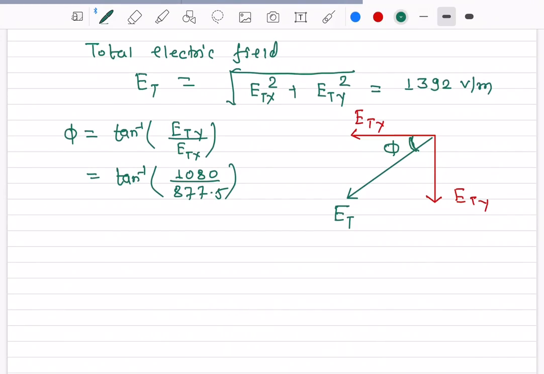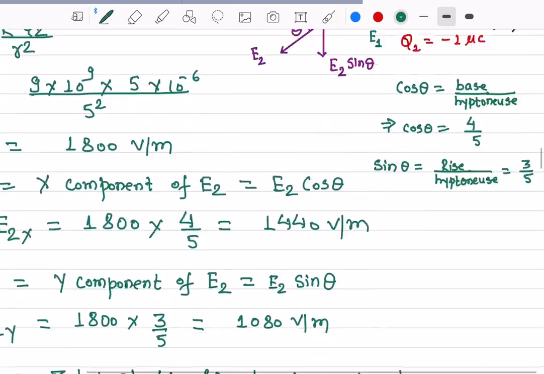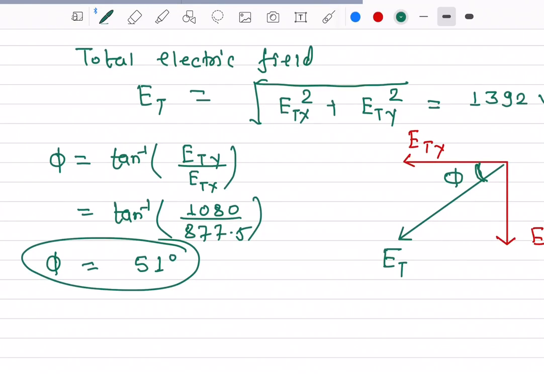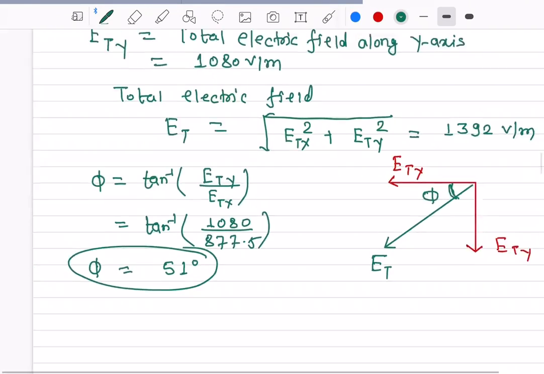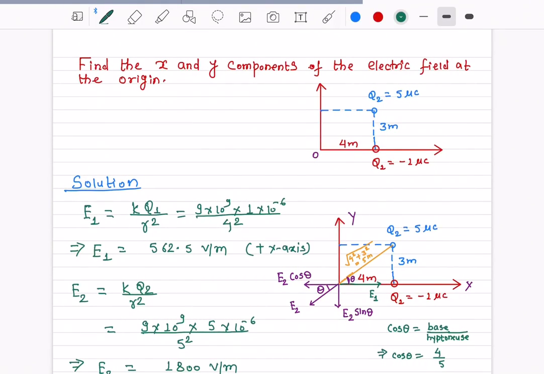Let me plug into my calculator and see what I get. 1080 divided by 877.5 and shift tangent inverse. The angle I got is phi is 51 degree. That means the resultant electric field will be at a 51 degree angle. So if you have any questions regarding this,